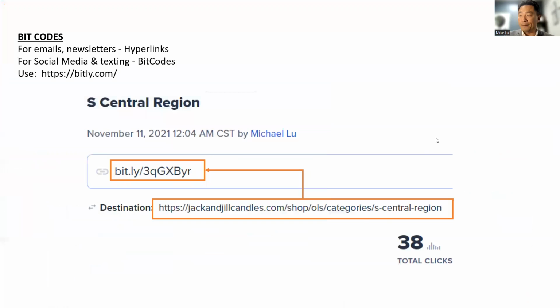So anyways, I hope this helps. I'm going to send you the slide deck. I wanted you to understand under which circumstances you use bit codes, hyperlinks, and QR codes, right? So you use different things for different situations. Feel free to share this with your team, and I hope this